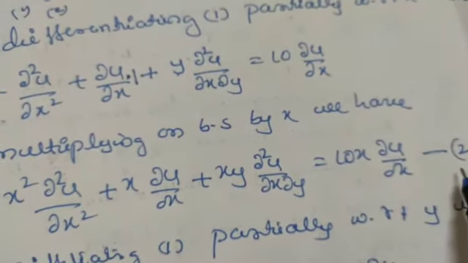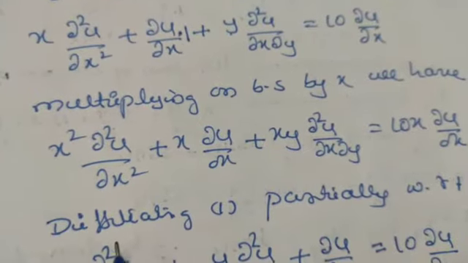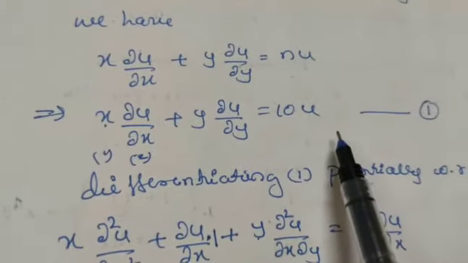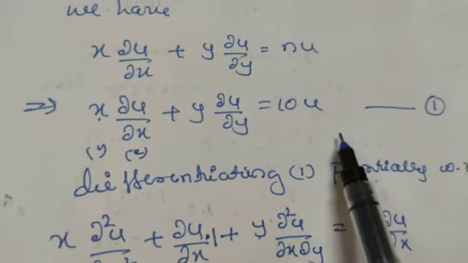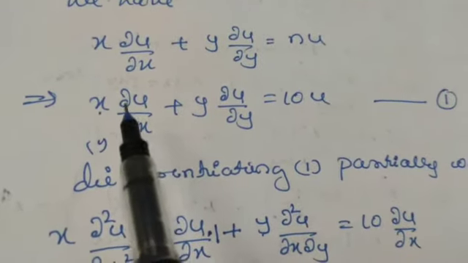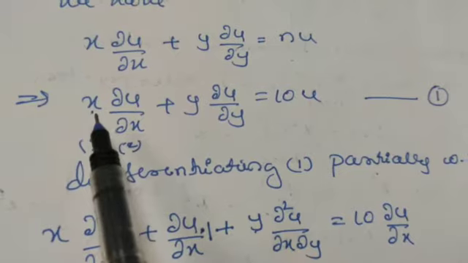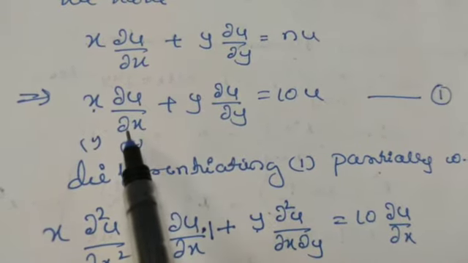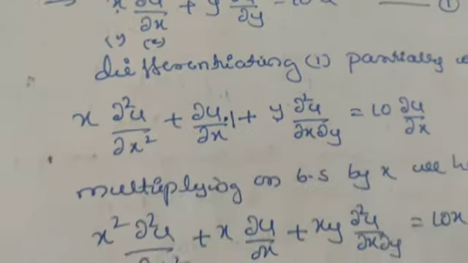Take this one as equation number 2. Similarly, let us differentiate equation 1 partially with respect to y. While differentiating here, we have to treat x as constant. So x as it is, into the derivative of dou u by dou x partially with respect to y means